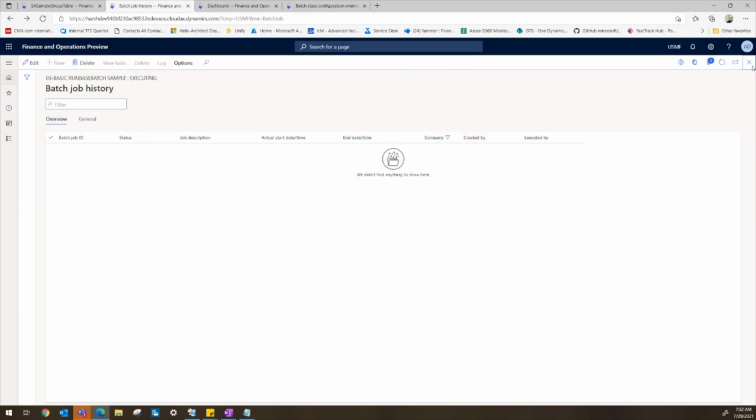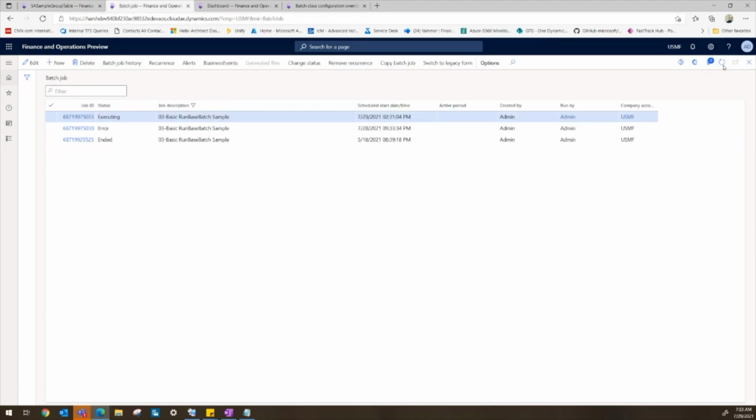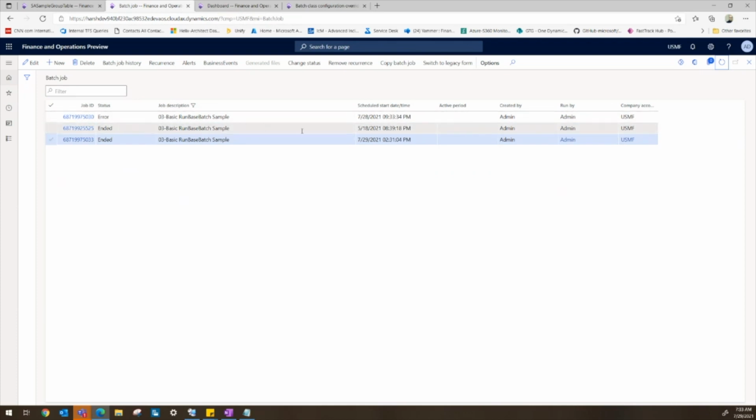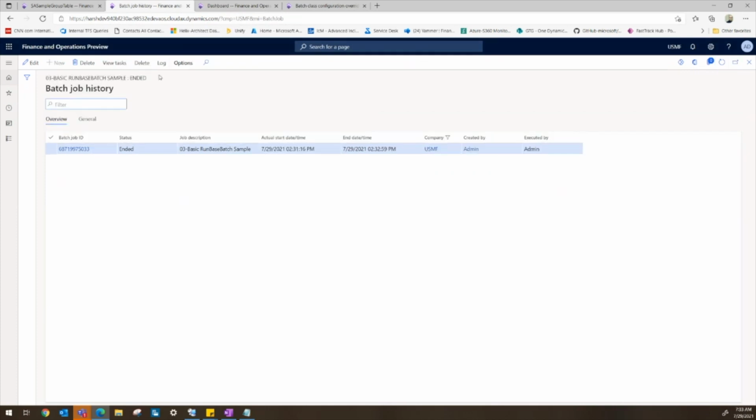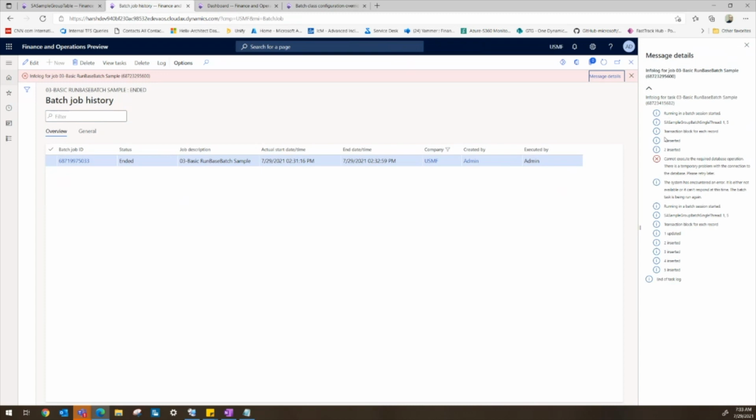Now, let it finish. And I wanted to show you how the info log looks, because in the info log you will also notice that, in case of a transient issue, we actually capture it and show you how it looks. So let me go back to patch up history and show you the error log, or basically the info log.